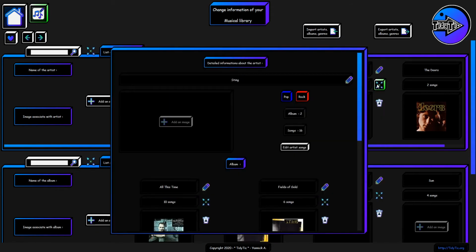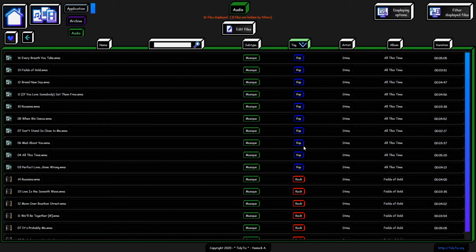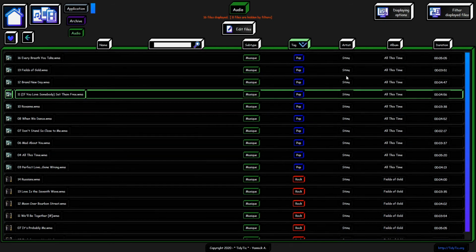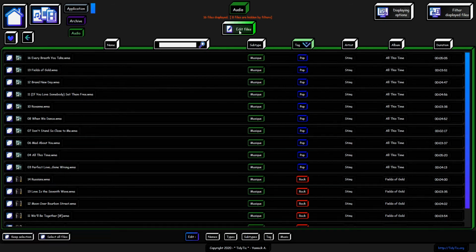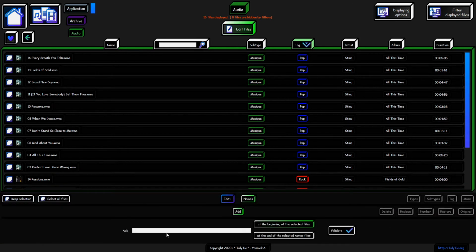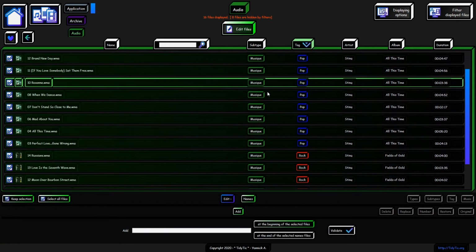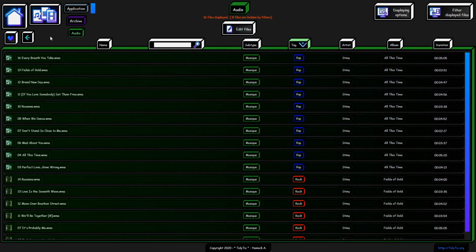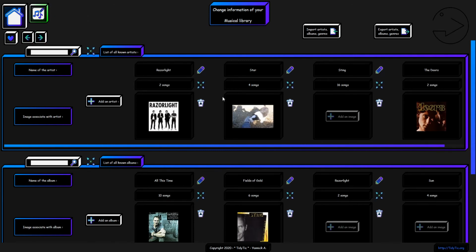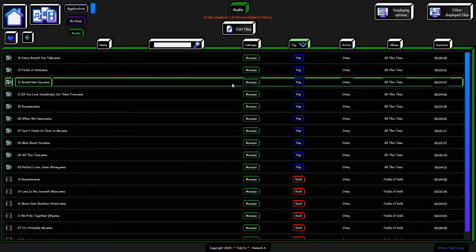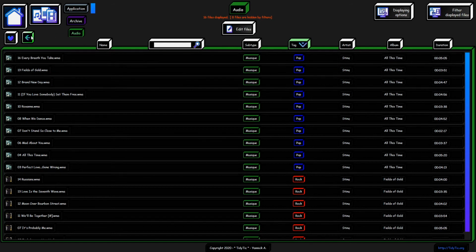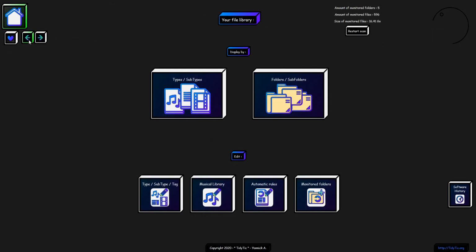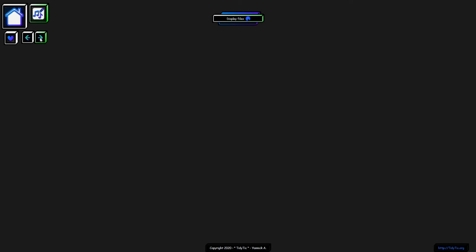A button also allows you to go in one click to the audio type window with preset filters in order to display only the album or artist you have chosen, leaving you the possibility of making any modification to these files without the fear of selecting by mistake a file which you do not wish to modify. You can also return in one click to the previous window using the button with an arrow that you will find at the top left in the navigation menu. Like on an internet browser, you can navigate through pages already visited thanks to the arrow or the previous and next buttons of your mouse.